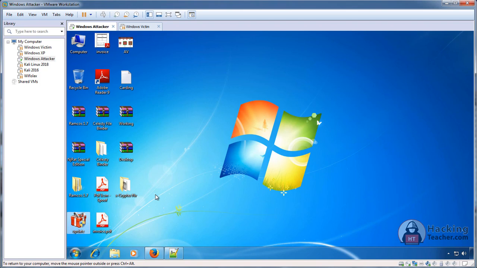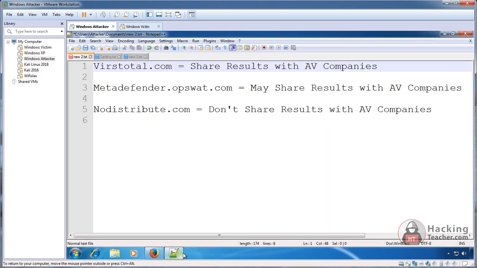So there are two methods. Either you install a lot of antiviruses on your computer, update them first and then scan it, which is a very long process. Or you can use the easiest and simplest process: go to any of the websites and upload your file there, and the website will scan it with more than 30 antiviruses in 2 minutes and give you the results of how many antiviruses catch your file and how many say clean.